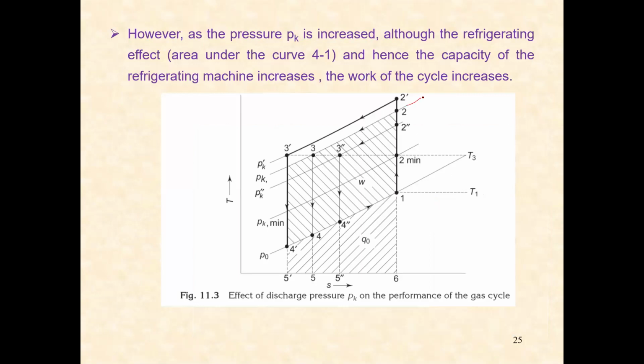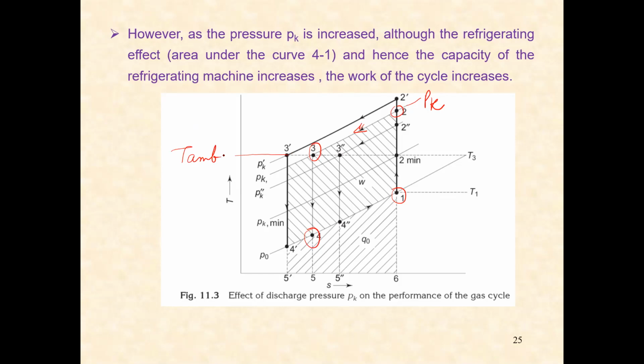Now let us consider that the pressure is increased from Pk minimum to Pk. So now I am talking about this pressure. This is Pk. So now the cycle is 1, 2, 3 and 4. This cycle gives us the idea that the air can now be further cooled from 2 to 3 in an air cooler. And at 3, what is the temperature? As I told you, 3 is the minimum ambient temperature, or the temperature of the corresponding air.